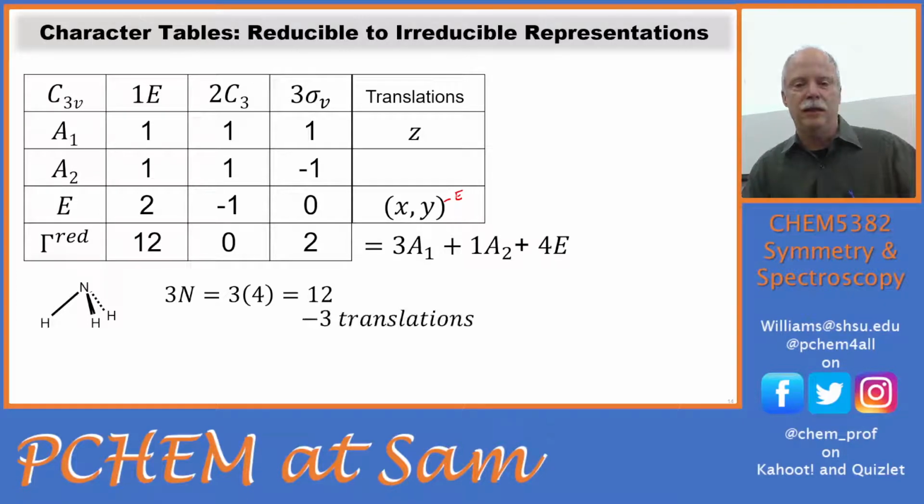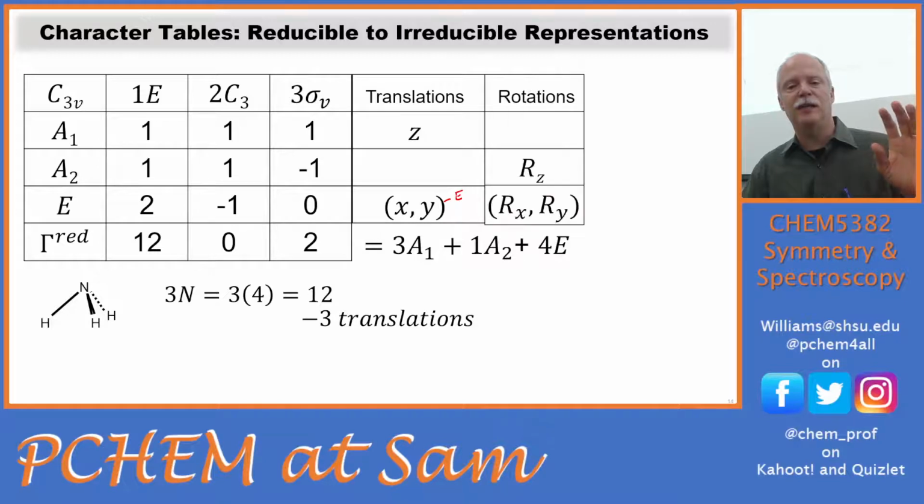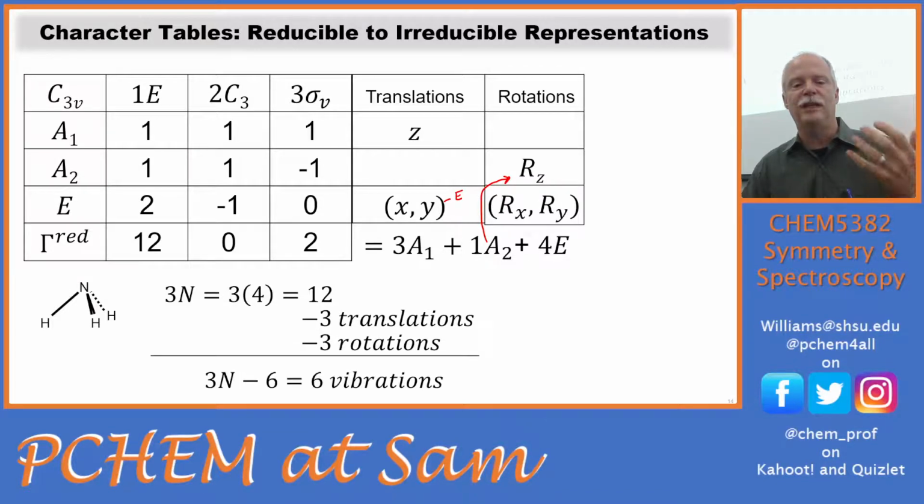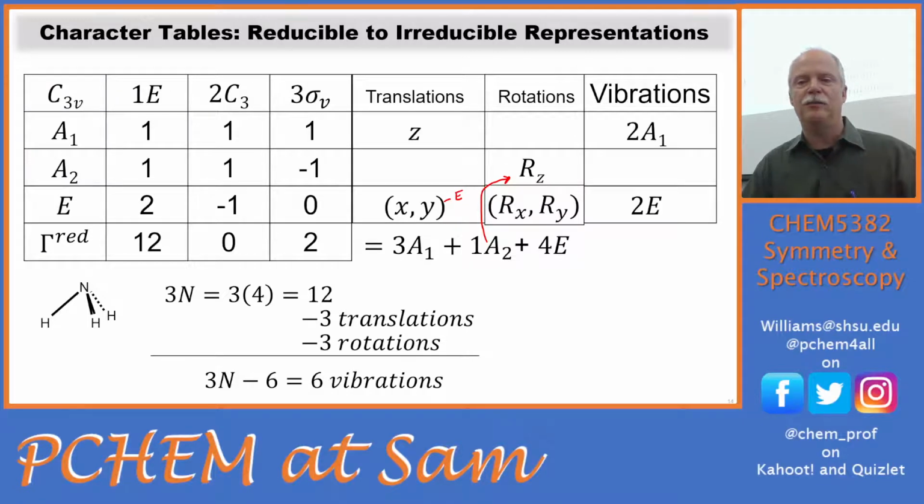Okay, and so we subtract those 3 translations, and then we have rotations. Again, RZ is the A2 one, so this one is right there, the rotation around Z, and then RX and RY. We subtract those 3 rotations, so we should have 6 vibrations in this molecule. Water had 3, we add another atom, we get 3 more vibrations, so we have 6 vibrations, and this is what's left. We have 2 A1s left over,